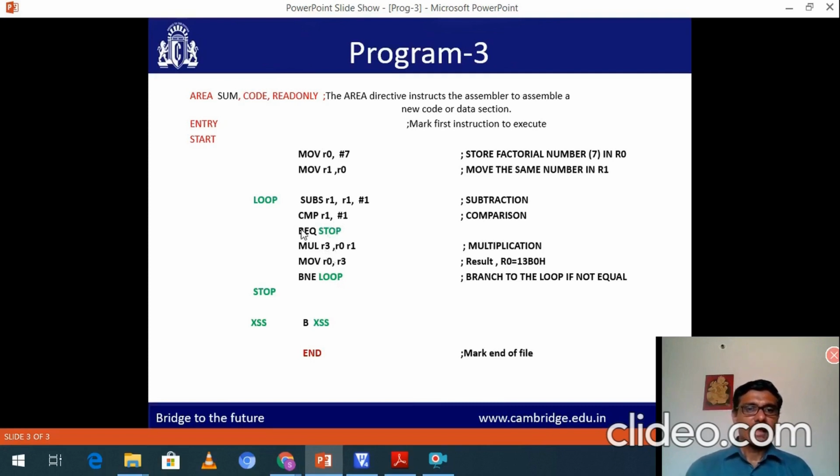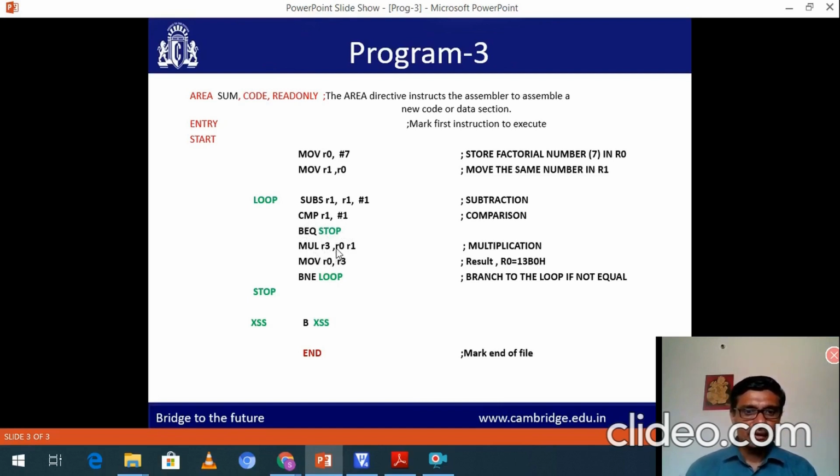If R1 is 1, then BEQ will jump to the label stop, where the program execution stops. If R1 is not equal to 1, this condition is not true, so the next instruction, that is MUL, will be executed.